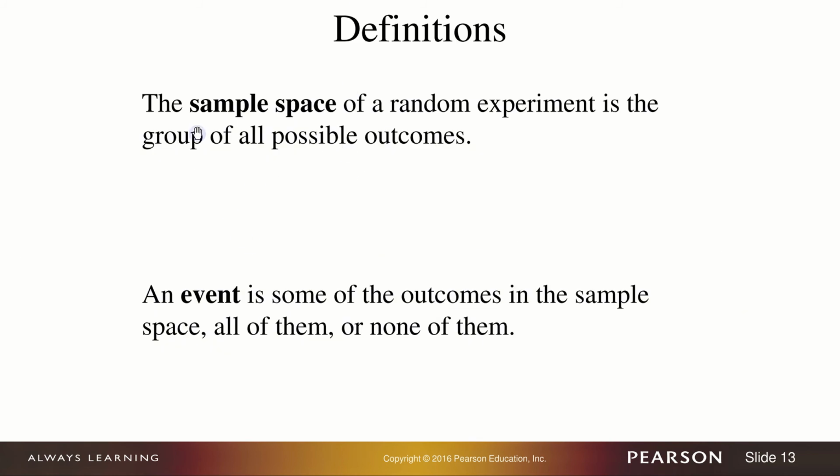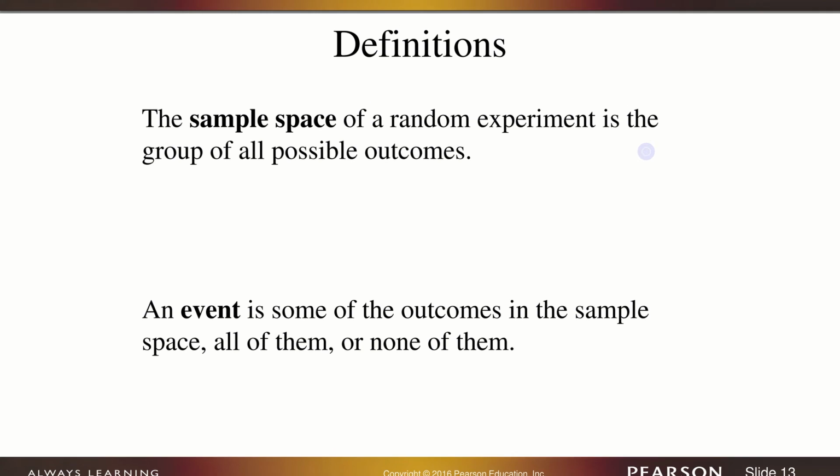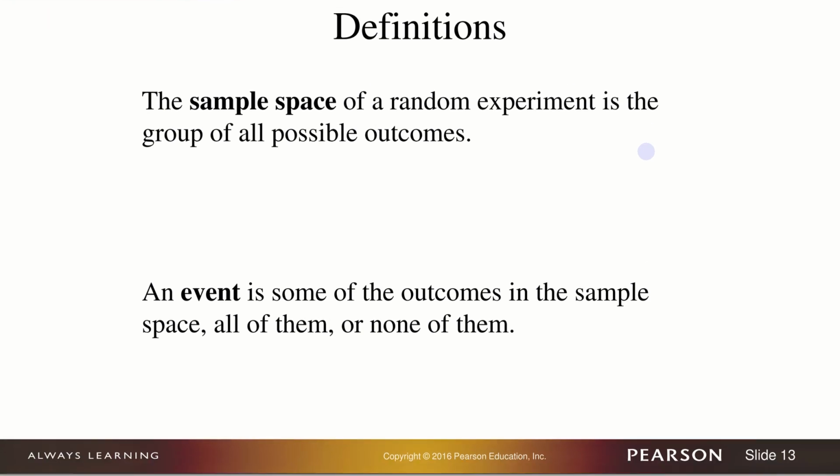So we already mentioned the fact that the sample space of a random experiment is the group of all possible outcomes. An event is some of the outcomes, all of them, or none of them, right? In other words, any subset of the sample space. So you're going, how can none of them be a subset of that? Because remember, when you write, say, for example, a simple set like